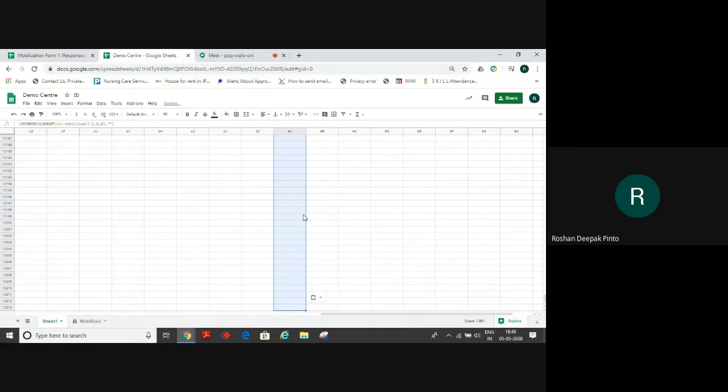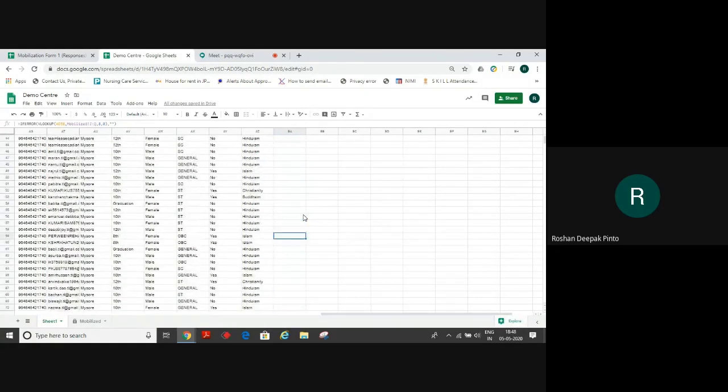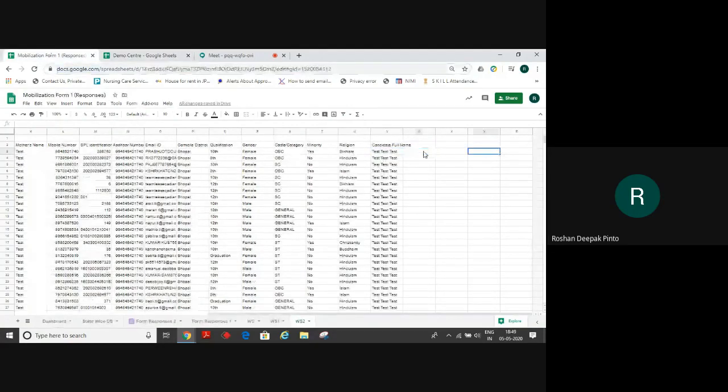This exercise has to be repeated for every center that you create, so that wherever there is a yes, see, below this there is no yes, so it is giving blank. So once you have created another center, you do a similar exercise; in the initial places it will come blank, and only wherever you have selected yes for that center, that yes will come. Now this yes, whether to be enrolled or not, we have to take to our base sheet automatically, for which I will leave 2-3 spaces here because I want student ID to be created, enrollment ID to be created, batch ID to be created, and a serial number to be created in the next session.